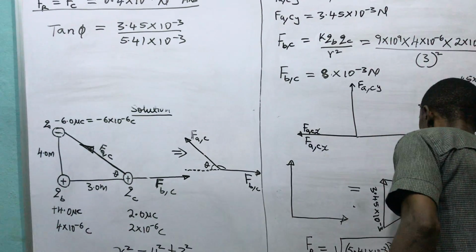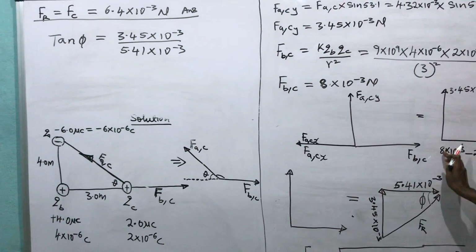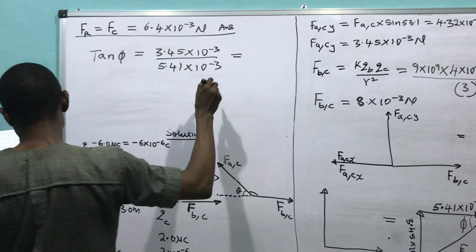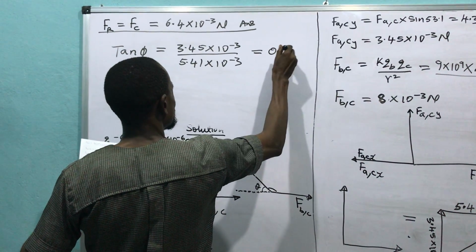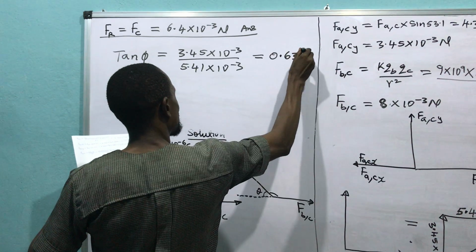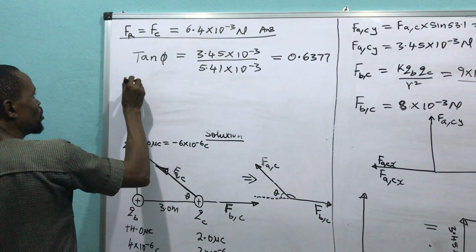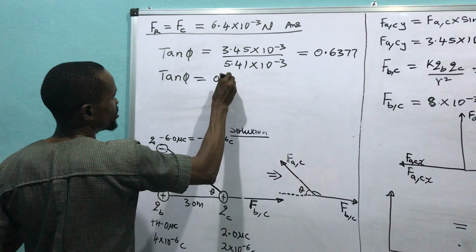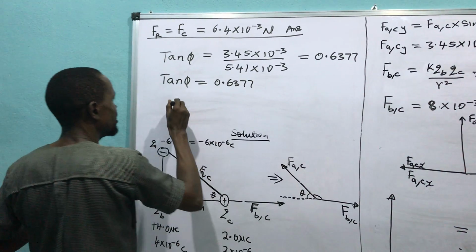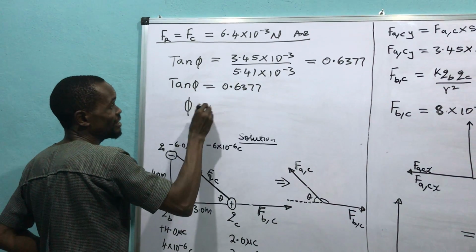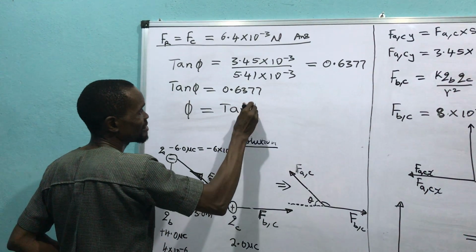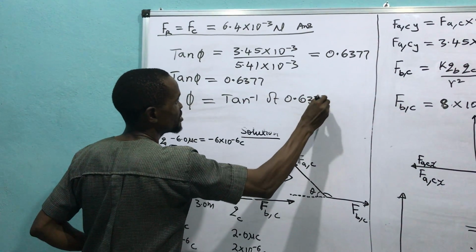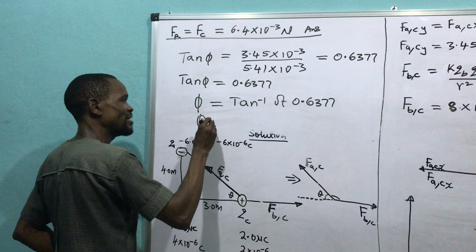Remember how we got this minus this. By the time we divide, according to my calculator, we get 0.6377. So tan phi is equal to 0.6377. Then phi is equal to tan inverse of 0.6377, and phi is equal to